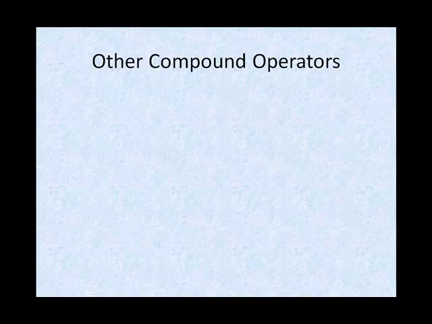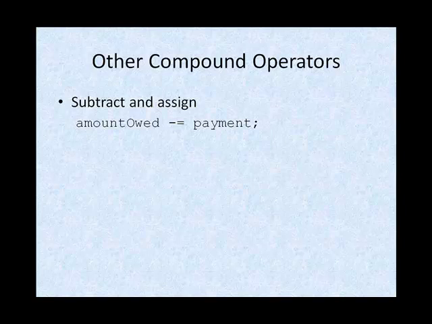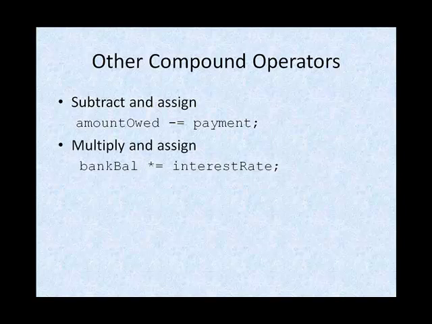Other compound operators include subtract and assign. For example, you might have an amount owed and you might want to reduce it by a payment amount. So you used to owe $75. If you -= $25, amountOwed changes to $50. You might have multiply and assign. For example, you might want to take a bank balance, multiply it by an interest rate, and store the new